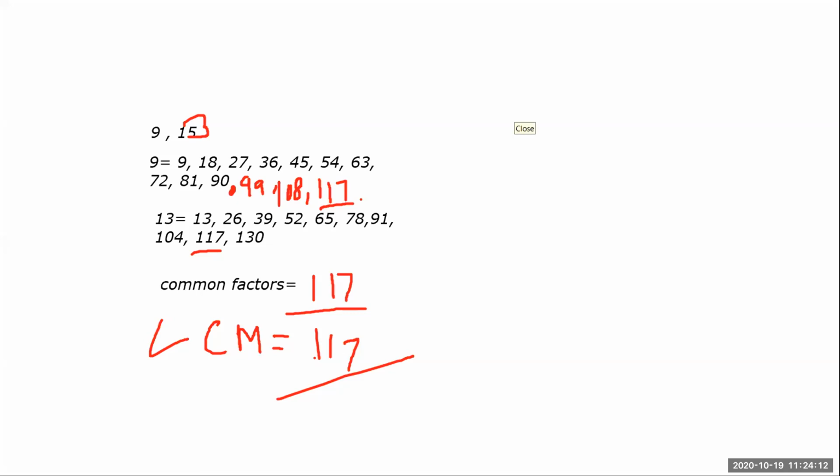ठीक है? So let's take an example of 2, 3, 5. Simple one we will take. Okay, so here we will take an example of 2, 3, 5. Now 2 का table तो पता है, right? LCM is quite easier than HCF, right? Because हमको table लिखते जाना है, common factor निकालने के बाद जो सबसे पहला common factor रहेगा, that would be our LCM, right? So here 2 ones are 2, then 2 twos are 4, then 2 threes are 6, then 2 fours are 8.